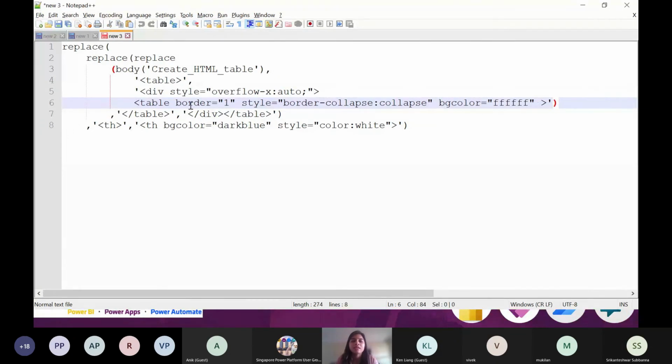On the second, I added this div tag that needs to be closed before the table. So I've done a second replace. This one, you see, is highlighted in red. So this is the second replace that I've used. And in the border color of just the header, I've added dark blue and white light.